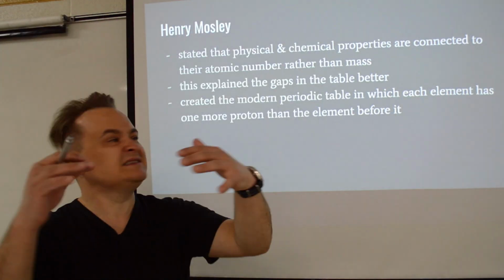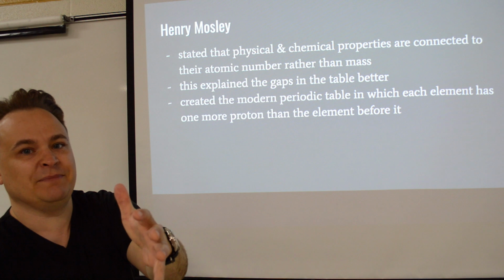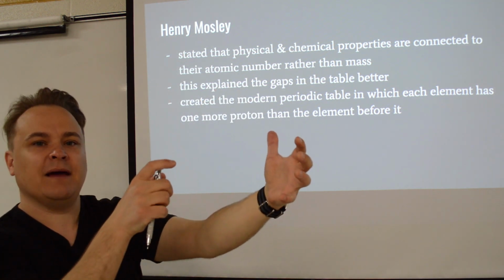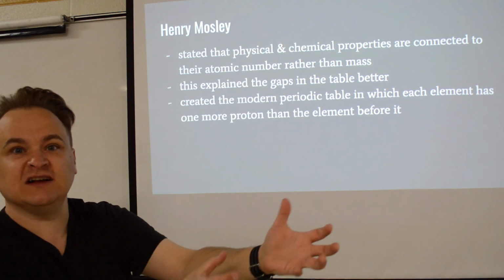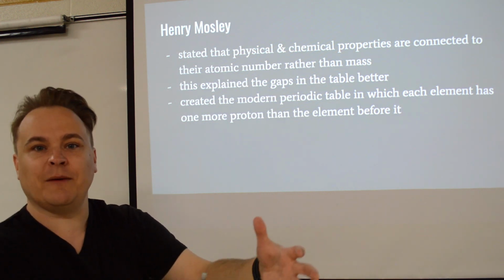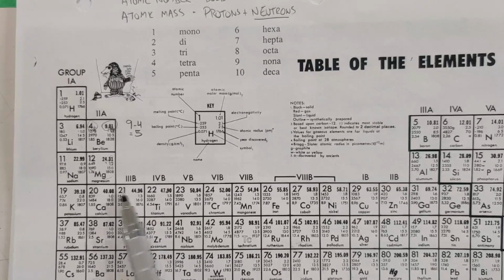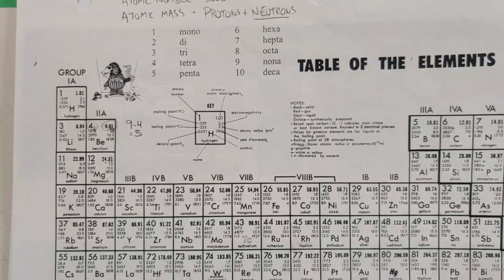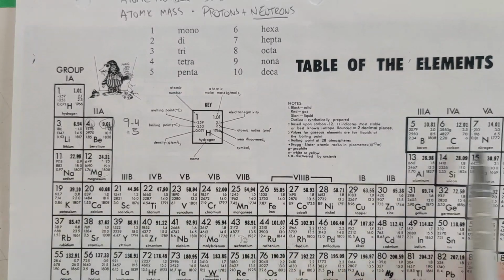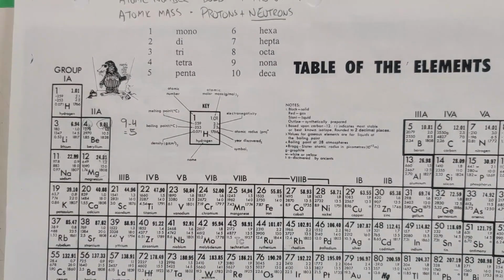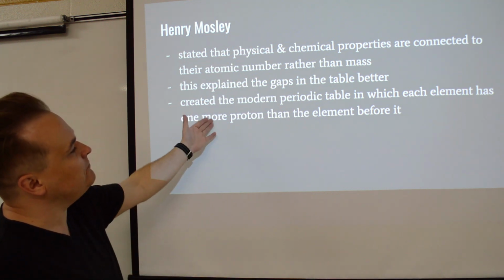So he was kind of a groundbreaker, and he kind of reinvented what Mendeleev did, but he said instead of using atomic mass, which is protons plus neutrons weight, we're just going to use atomic number. So instead of using this number, we're going to organize things by that number. And look at how beautifully that flowed. 1, 2, 3, 4, 5, 6, 7, 8, and so on. It works perfectly now. So this explained the gaps in the table better, and he created the modern periodic table